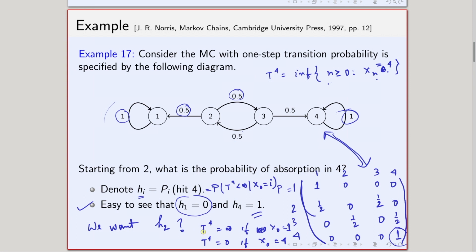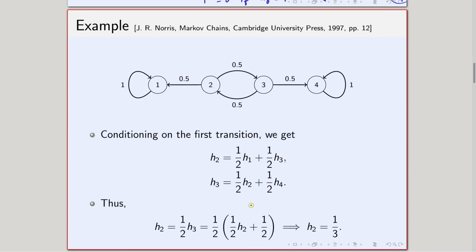So in the first case, in finite time I will not reach 4. So the probability of reaching 4 in finite time starting from 1 will be 0. In the second case the time is 0, T4 is 0, so that is finite in fact. So starting from 4 I will reach 4 in finite time, in 0 time, and that is why the probability H4 is 1 when i equals 4. Okay. So this is basically the idea behind these two. Now let us proceed and see how I can solve for other values of i.